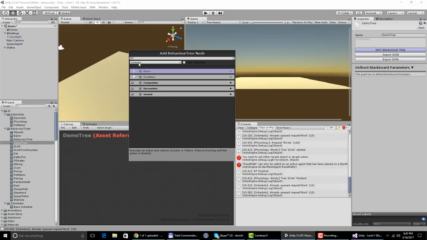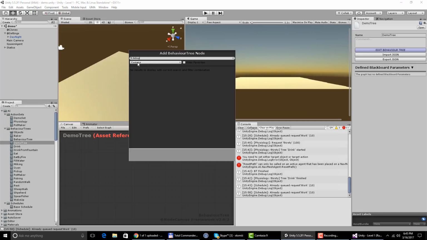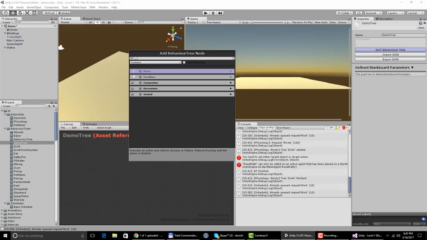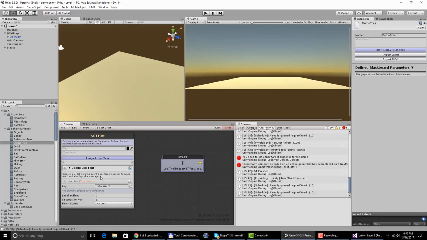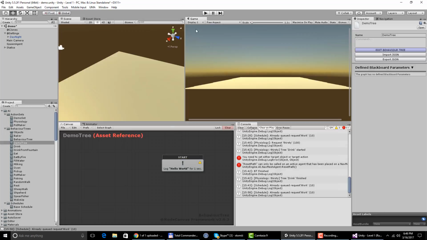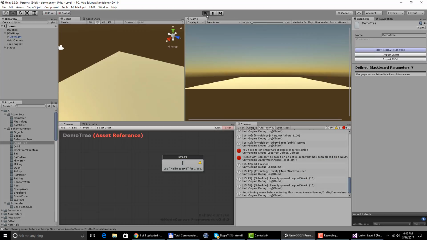And I'm going to edit a new behavior tree. And I'm going to just, for now, create a new debug. So that will be a new action. And then in that action, I'm going to do debug log text. And I'm going to say hello world is good. So now when I run this,